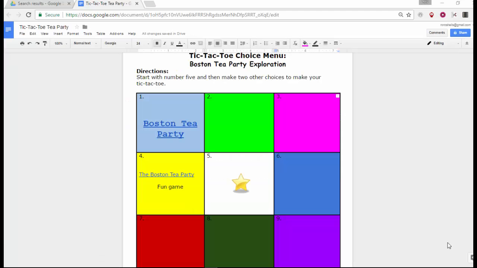So I'm going to use the Explore tool, which is formerly the Research tool, in Google Docs to help me fill in my tic-tac choice menu. And the reason why I'm showing you this tool is because it's not only very helpful for you as an educator, but it is also a huge help for students who have difficulty doing research, and those students who, when they're doing research